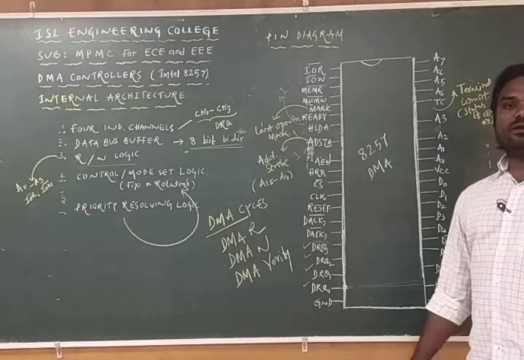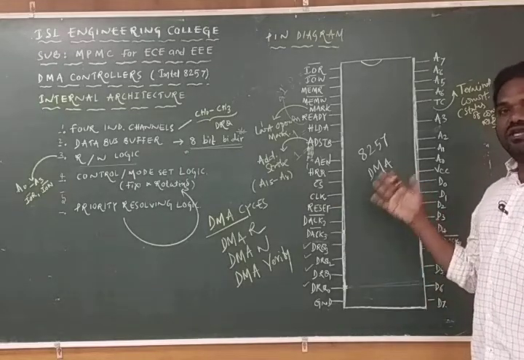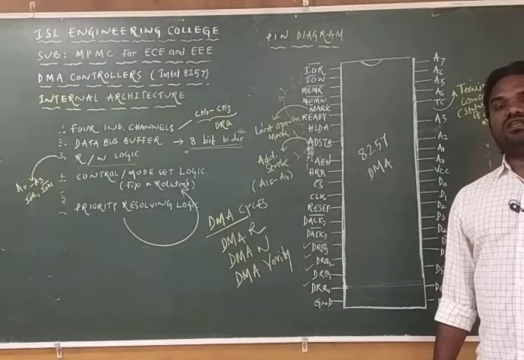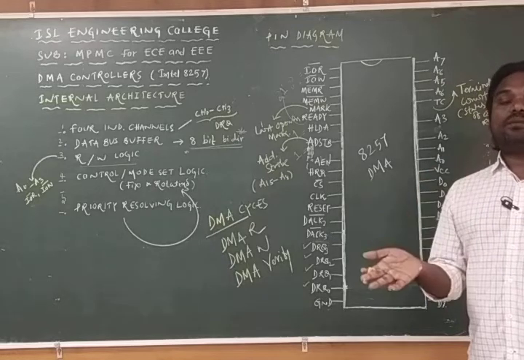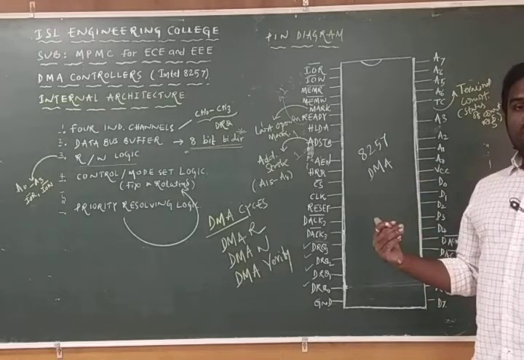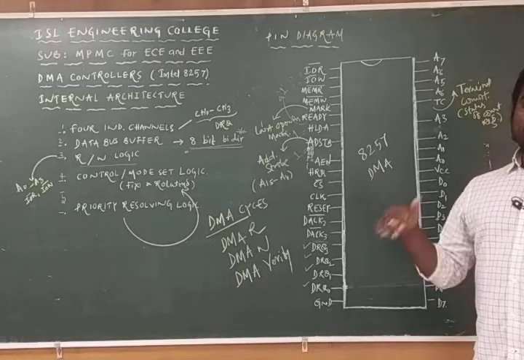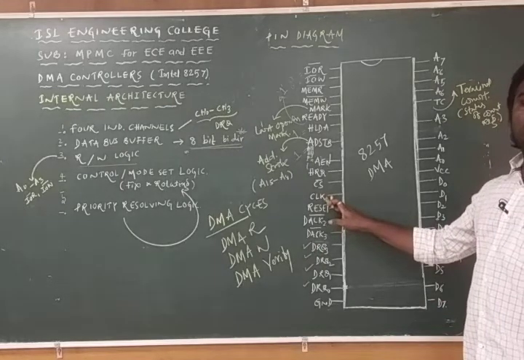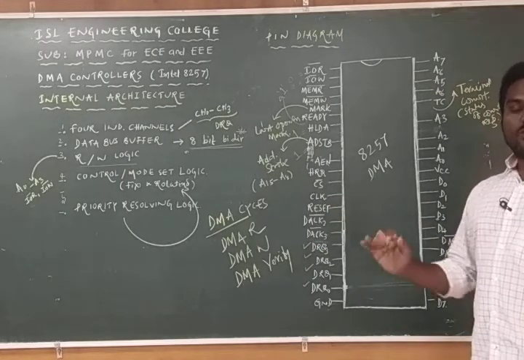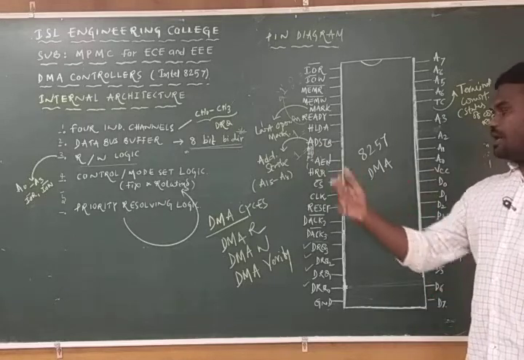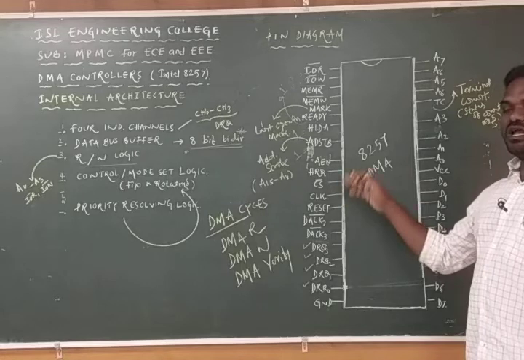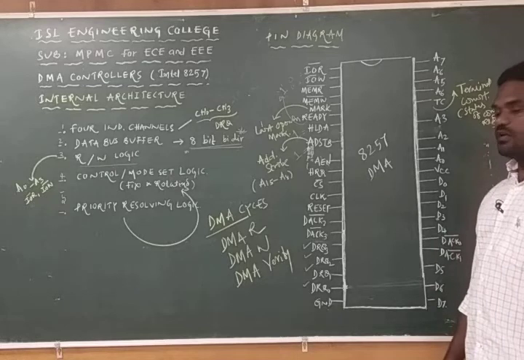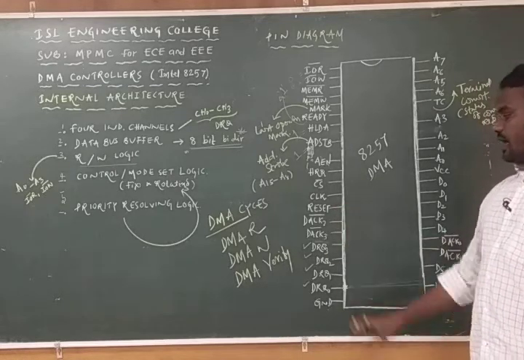It is a clock, that is going to describe the speed of the 8257, and one of the main important features of the functionality of the 8257 is that it is going to make the compatibility between the 8086 microprocessor and the input output devices, and between the memory and input output devices, so that the clock speed is going to make the synchronization between the processor and input output devices and the memory and input output devices. After completion of the data transfer or the data exchange between the memory and input output devices, it is going to reset to 1, and it is acknowledgement.